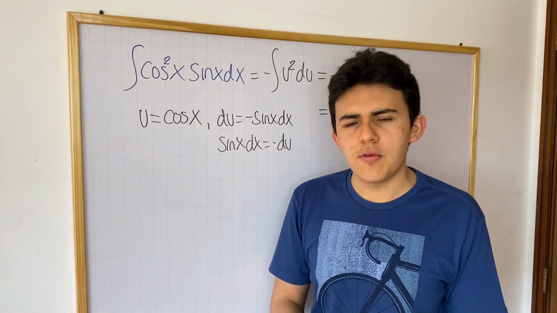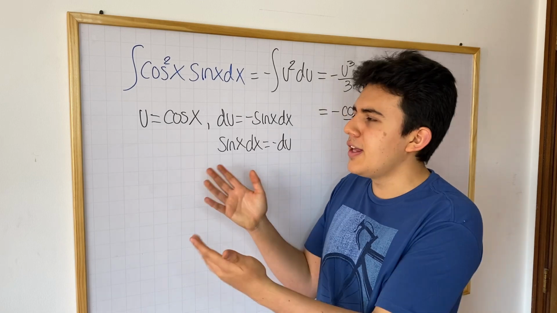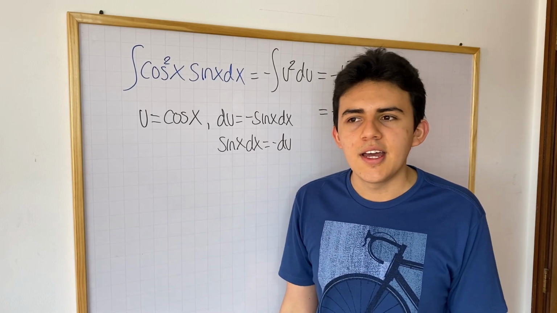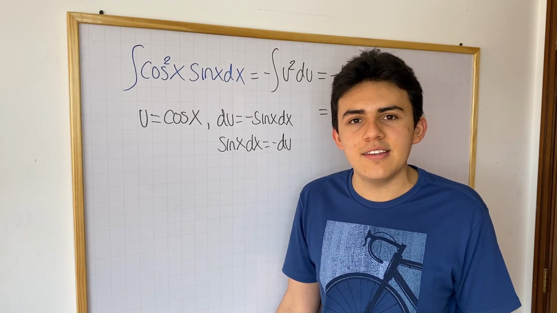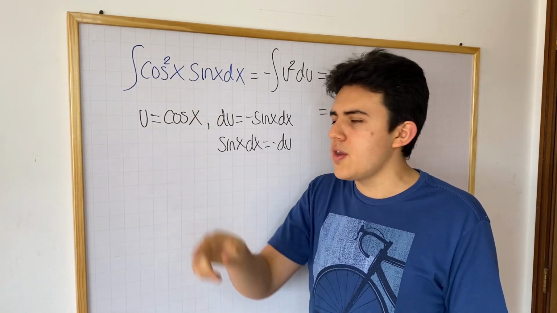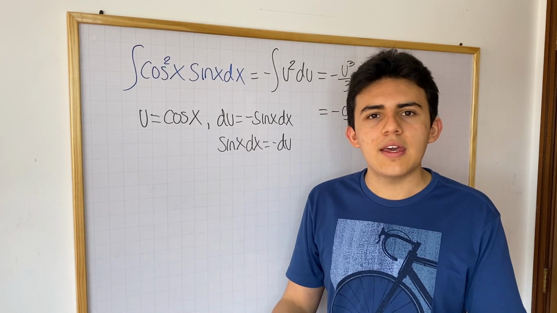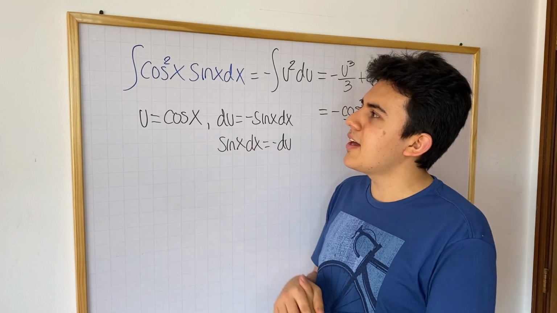And of course, if you already know some u-substitution, this is not going to be anything new, because once you realize that you can do it, it's pretty simple, it's nothing that complicated to be able to see that you can choose u equals cosine and then square u. But if you're a beginner, that might be something that you might not think about just yet. So yeah, I hope that I have been able to